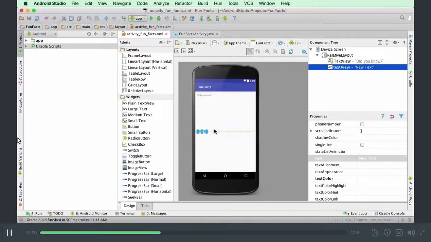Now let's change the text again, just like we did before. Make sure the text view is selected, and then scroll through the properties until you find the text property. Let's delete this text and add a default fact to start with. Let's say, ants stretch when they wake up in the morning,